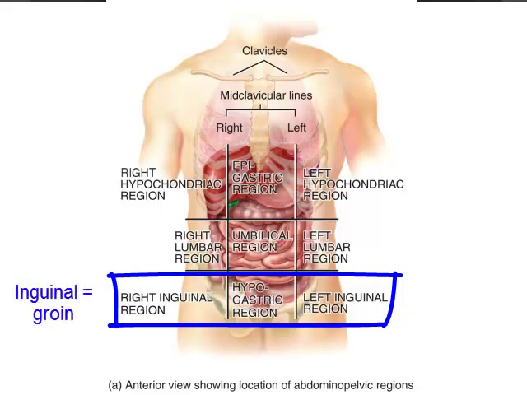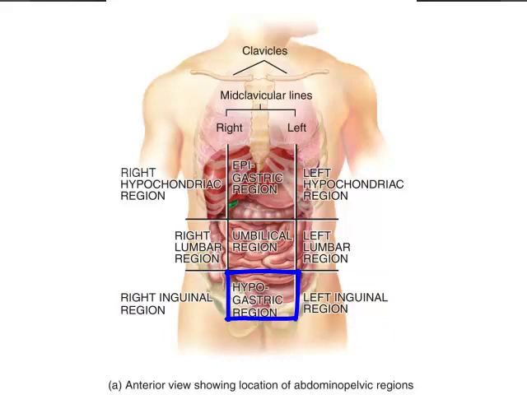Inguinal refers to the groin. You may know of somebody who had an inguinal hernia, and so their hernia was in this location. It's also called the iliac region. Iliac is a Latin word that means flank. And so we have the right inguinal or iliac region, the left inguinal or iliac region, and then in the center, along the midline, but inferiorly in the abdominal pelvic cavity, we have the hypogastric region, meaning underneath the stomach, and this is well and truly underneath the stomach,